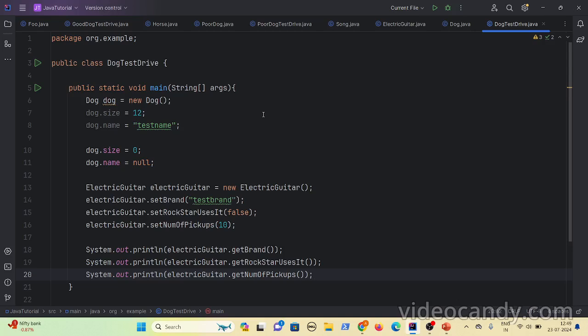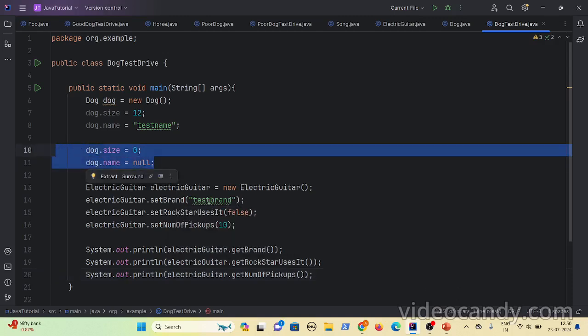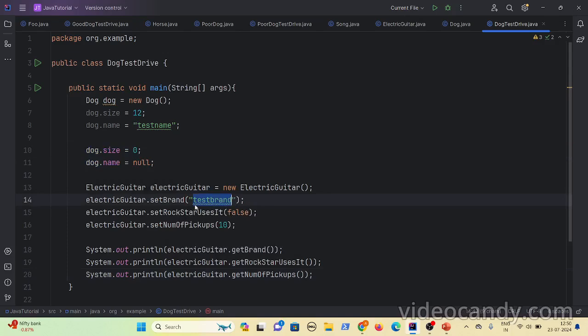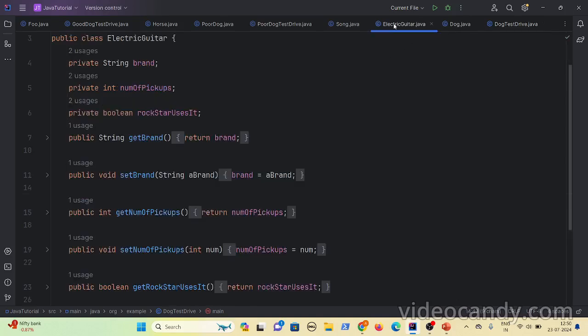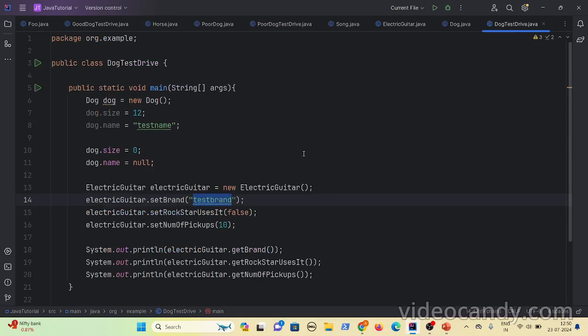But you might get one doubt, okay? Now I did not do anything extra to avoid the case we have discussed. Even here I can set the size or something as null. Even now I can do it, right? Because instead of directly setting the value, you are just calling setBrandOf, and even inside they are directly assigning the value. They did not do anything extra, right? So you might get one doubt, what is the use of using setters and getters?